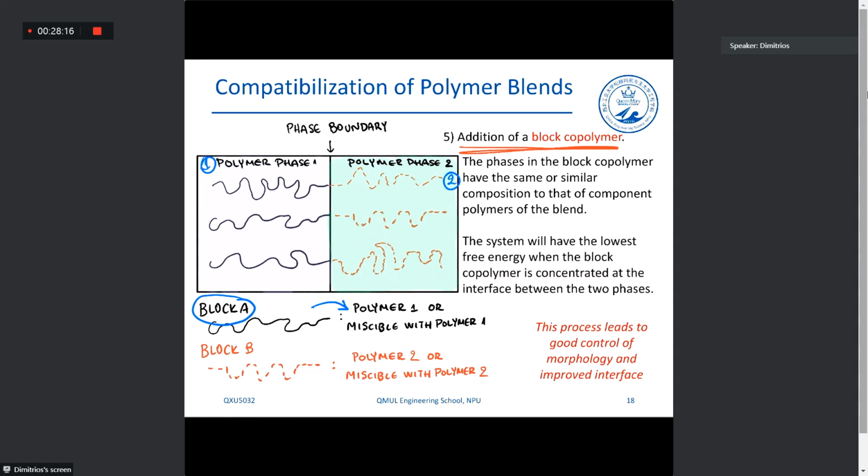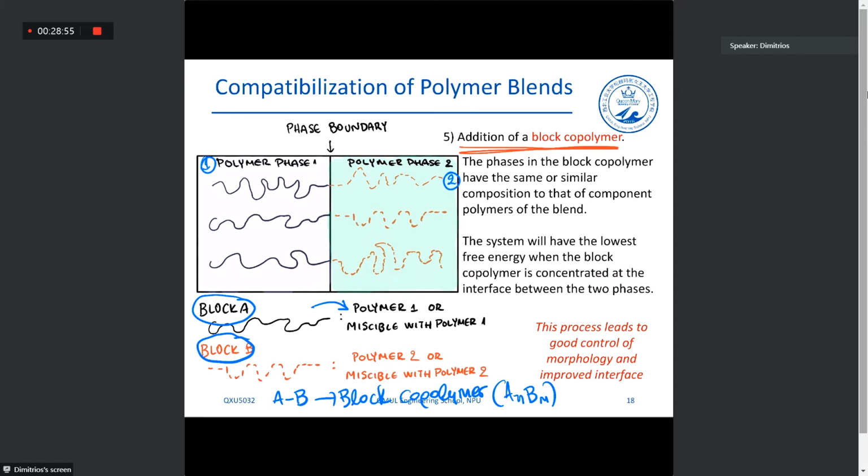And so we have a polymer that is from the same family as polymer 1, or it is miscible with polymer 1. And we have the second phase of the block polymer. Usually we write the block polymer like that, A, N, B, M, or something like that. And phase B is, let's say, miscible with polymer B, or friendly with polymer B. Then we induce